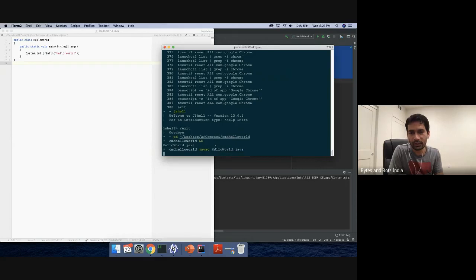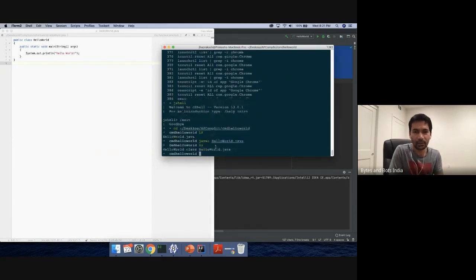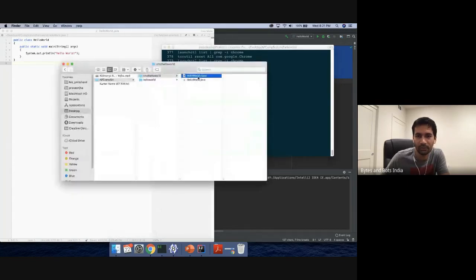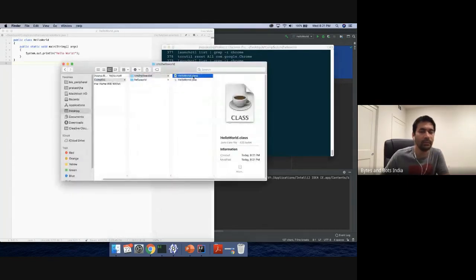So what we're doing is compiling the Java file, and if we look at what happens after compiling, you see this HelloWorld.class file. Remember in the presentation we were talking about a binary, like a bytecode intermediate file? After compilation, that's what gets generated.